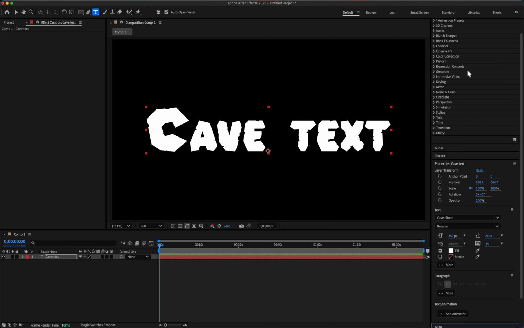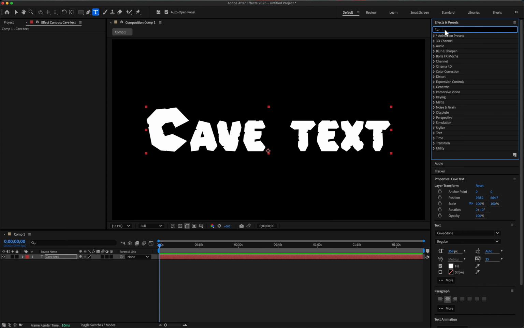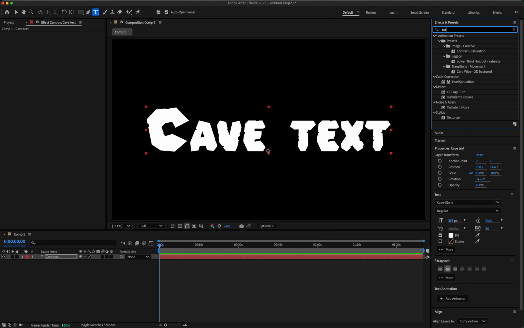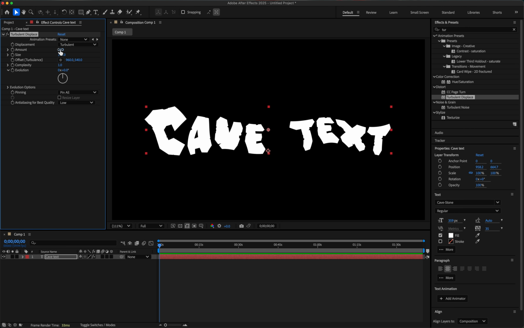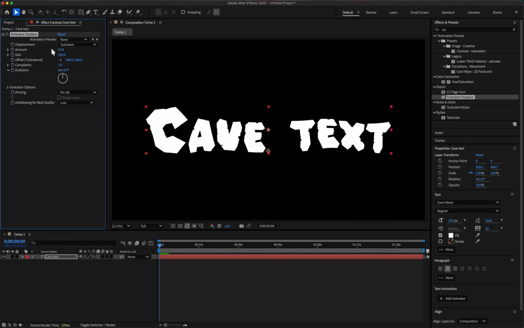Then go to the Effect panel and search for Turbulent Displace. Then drag it and drop it on the text layer, and go to the options and change the amount to 23 and the complexity to